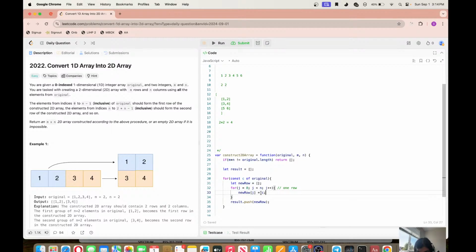But if we do this, then for j is equal to 0, j is less than n, j plus plus, new row j is equal to c. In this case, c also should increment, you know. So what I can do is